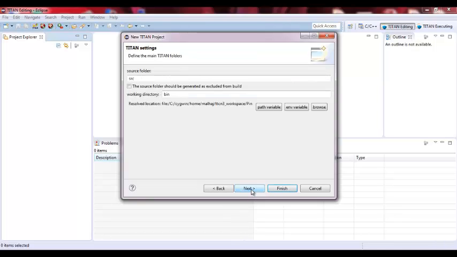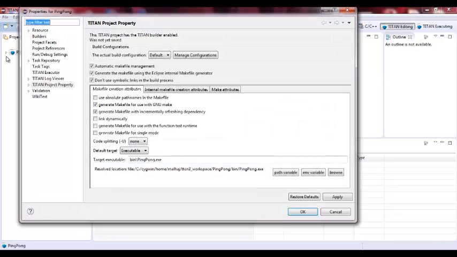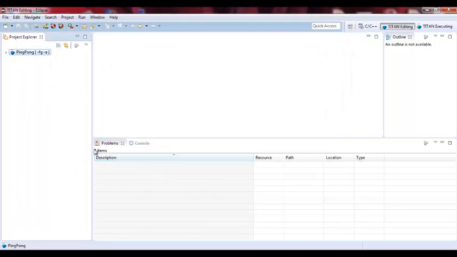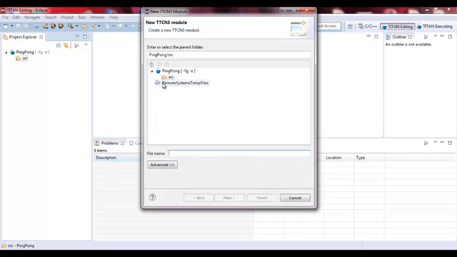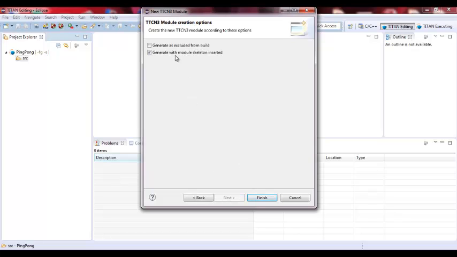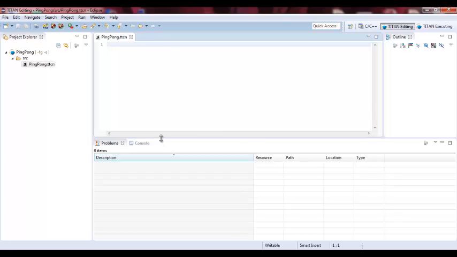Next, so it's an empty project. Finish. I don't need to change anything right now. Okay. In the source I create a TTCN-3 module, and I'm going to call it also Ping Pong. Next, uncheck generate with module skeleton inserted. Finish. So I have now the TTCN-3